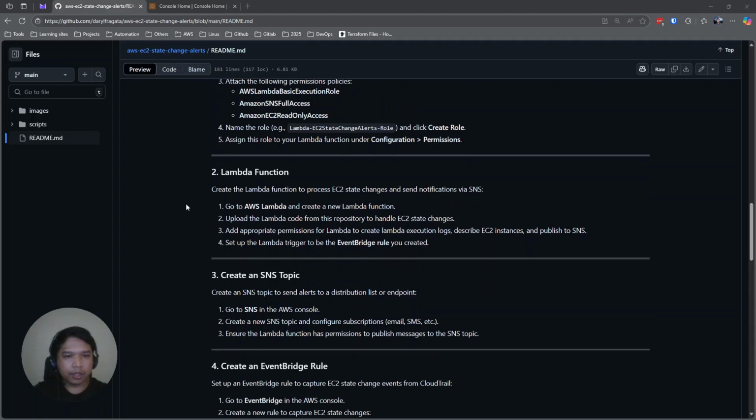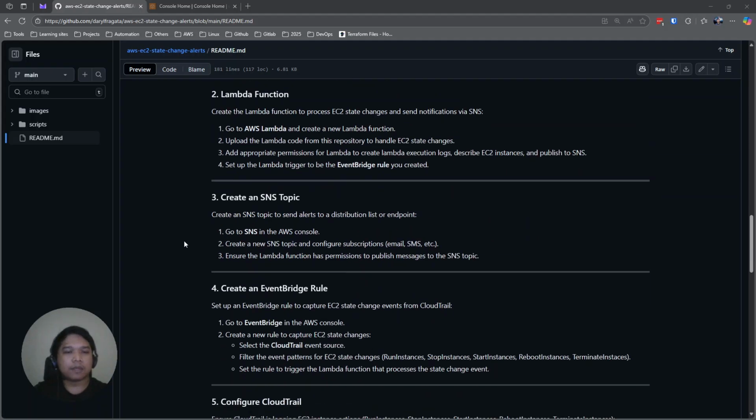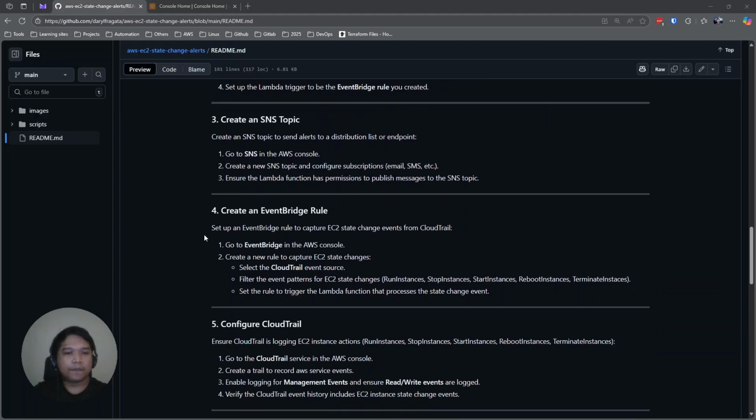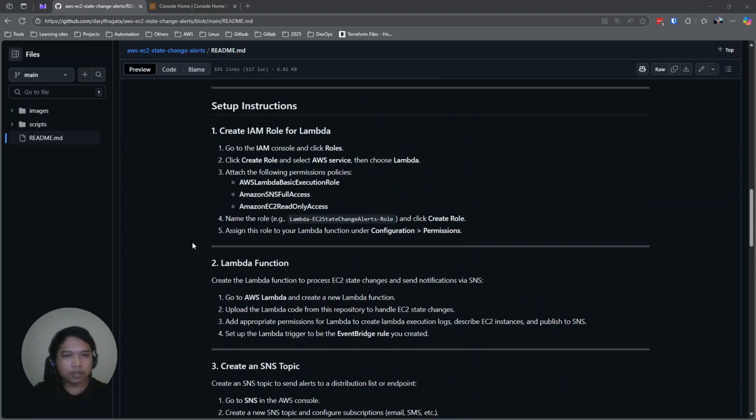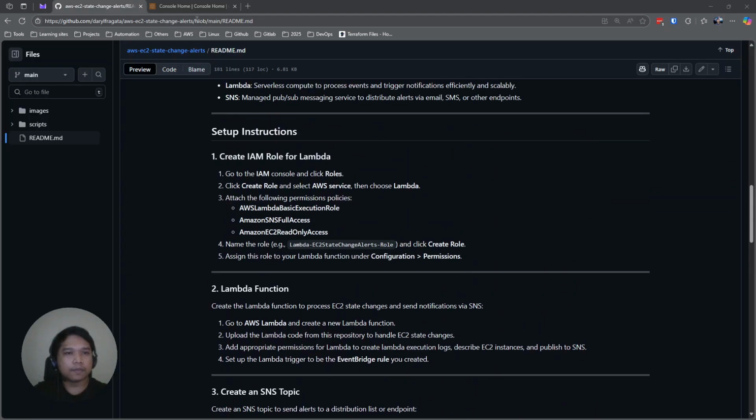And we're going to create a Lambda function, create an SNS topic, an EventBridge rule, and configure the CloudTrail. Okay, so let's start with creating the IAM role.